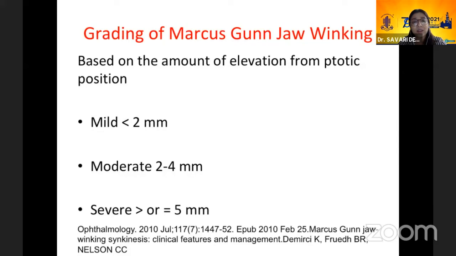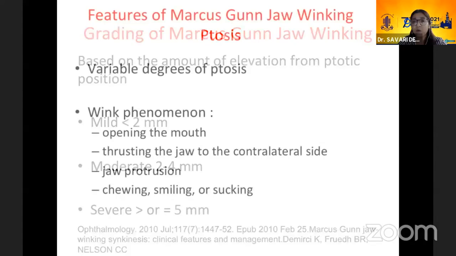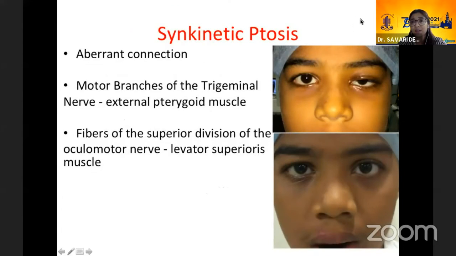Mild is when it elevates 2 millimeters above the ptotic lid or goes up to the limbus. Moderate is when you go up to a little bit of scleral show, and severe is when it elevates to 4 millimeters above and there is a significant amount of scleral show. Back to this boy, the red flag here is that he has a well-formed lid crease prior to the ptosis correction. Now in this case, on measuring it, his levator action was just 6 to 7 millimeters.